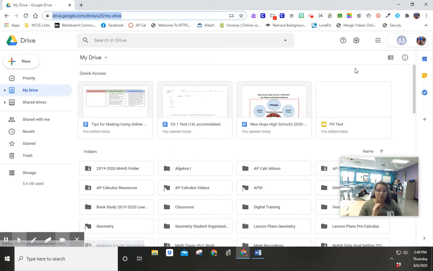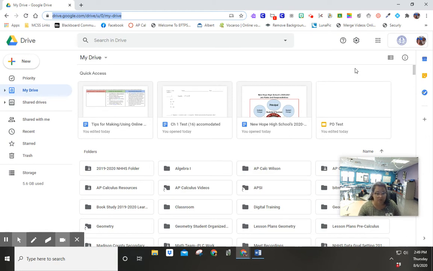But I'm going to hit the Google Drive, and it'll take me to my drive. You can think of your drive as like the documents files on your desktop computer. It's just saved virtually, and it saves space on your computer so that you're not overloading your computer, and if it crashes, then you have backup. It's also available for you to be able to share and edit documents as a team,